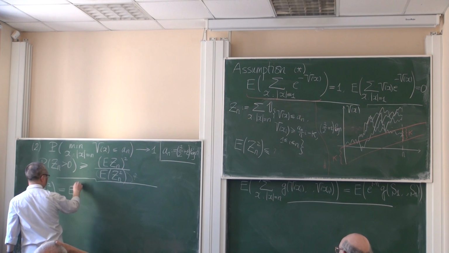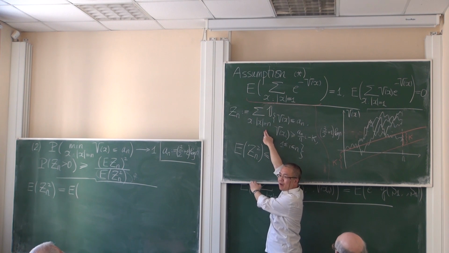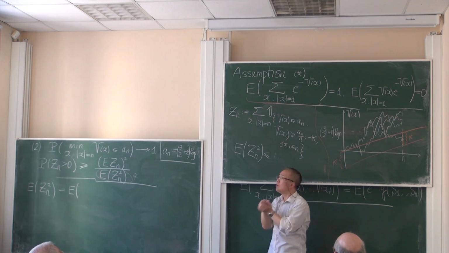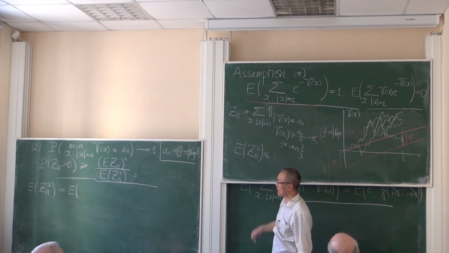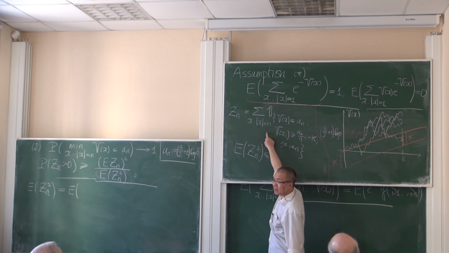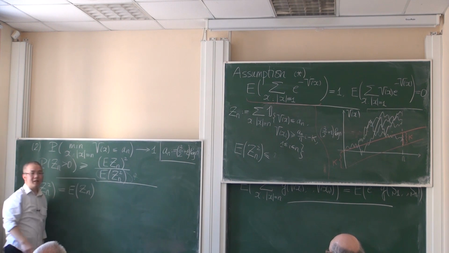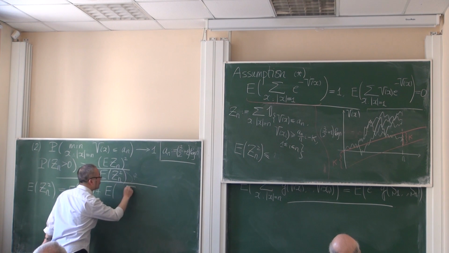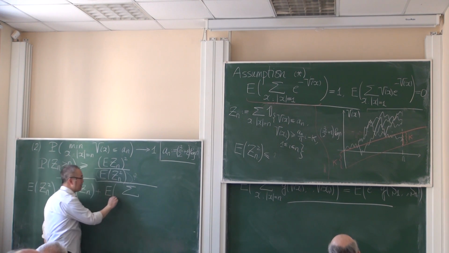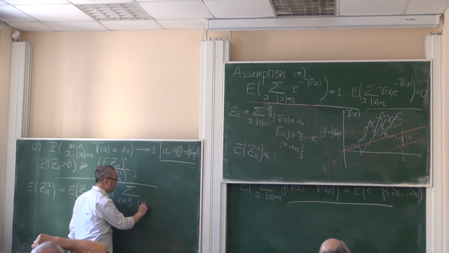Second moment, so it means that Z is a sum. So the second moment actually is a double sum over each pair of vertices x and y in the nth generation, such that both x and y satisfy the same condition. So the first possibility is that x and y are identical. Why not? Then it's just the first moment, right? So the special case, x and y identical, gives me just the first situation. And then I need to sum over, it's a double sum, over the pair x and y, and they are different now, on the nth generation,